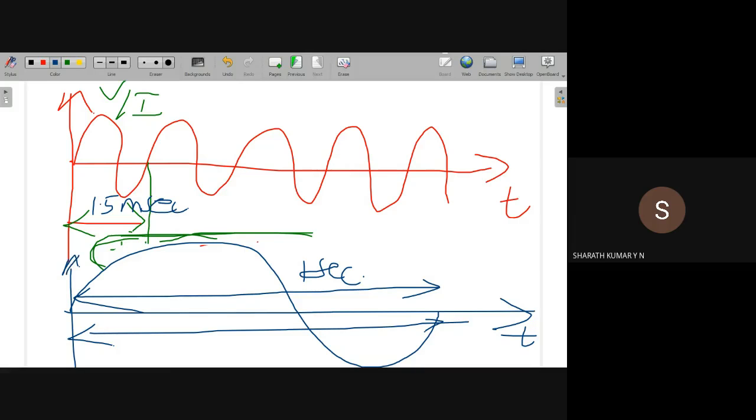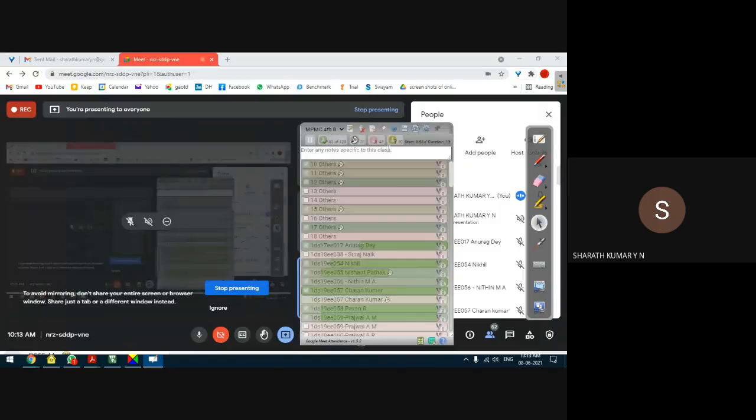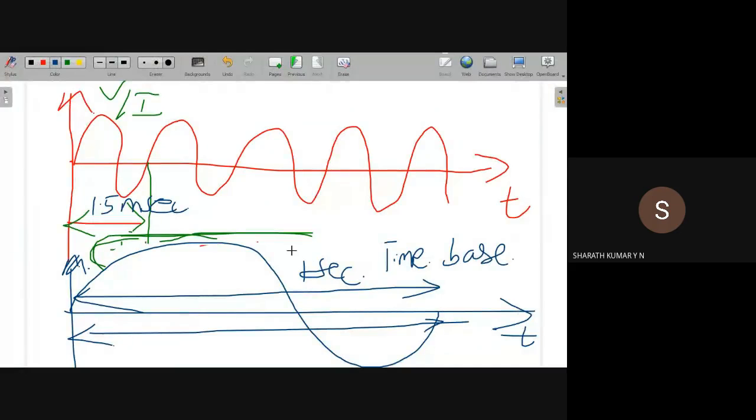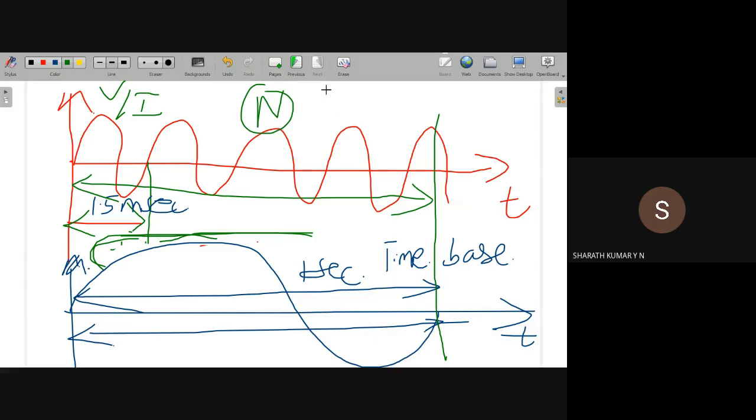Okay, this is a time-based signal. This time-based signal has a standard time period of 1 second. So within this duration, the number of cycles which appear is counted as n number of cycles per second. Why second? Why not millisecond or something else? Second is a standard unit of time.